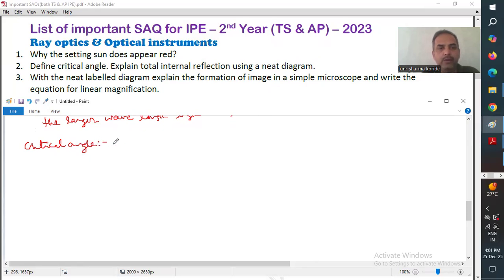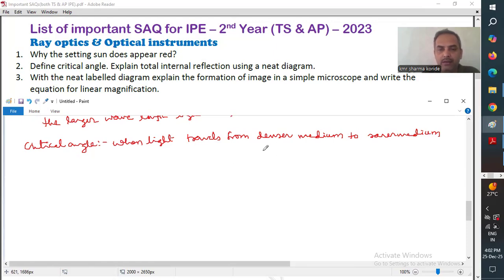Critical angle: when light travels from a denser medium to a rarer medium, like water to air,